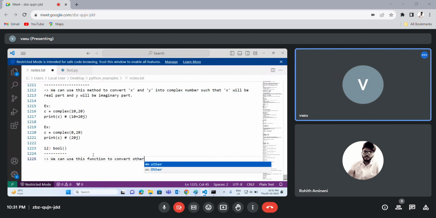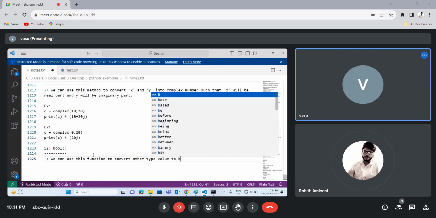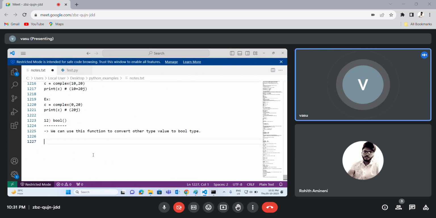Convert other type value to true type. Data value to true type. Example,